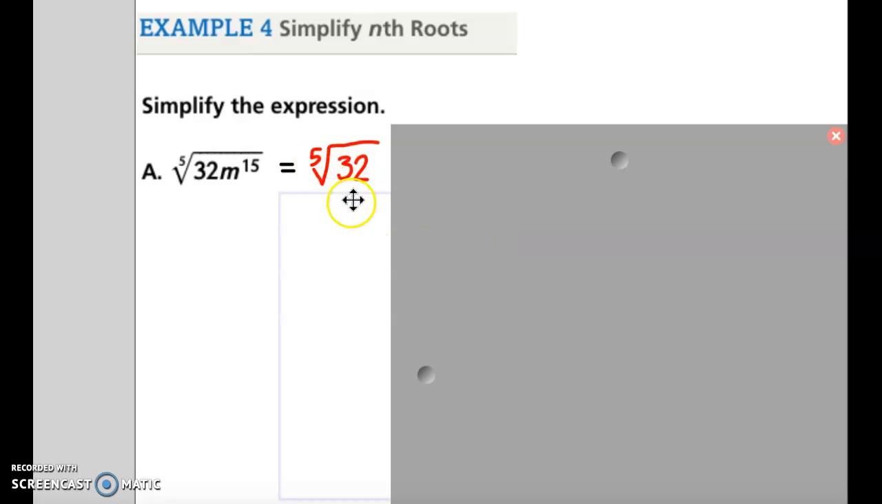What's the 5th root of 32? A number multiplied by itself 5 times to get 32. Trial and error on a calculator, that'll tell you it's 2, okay? And I'm going to do the same thing